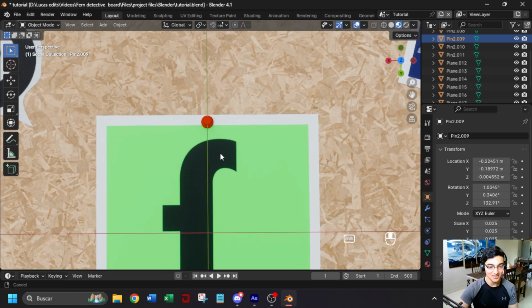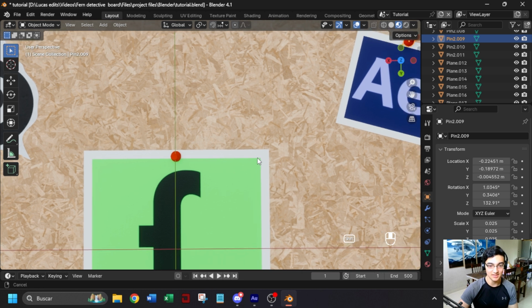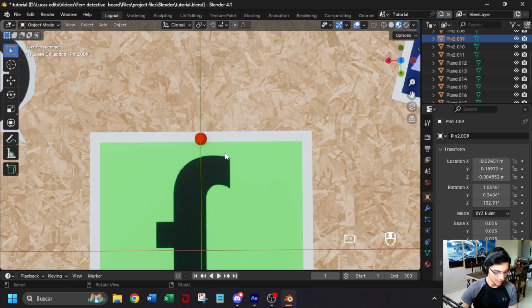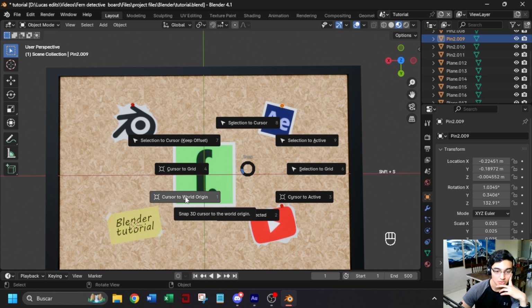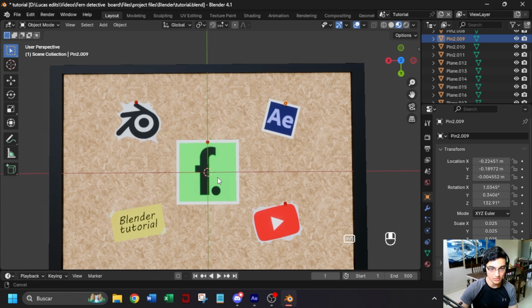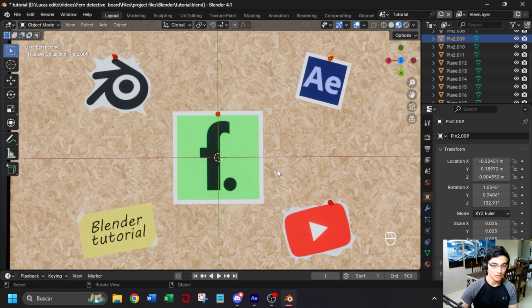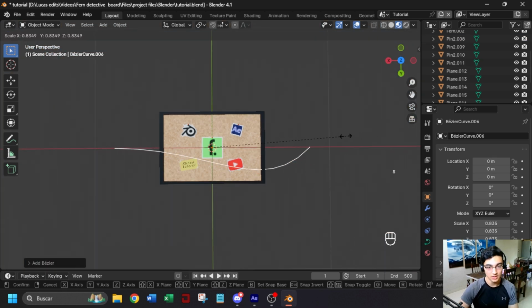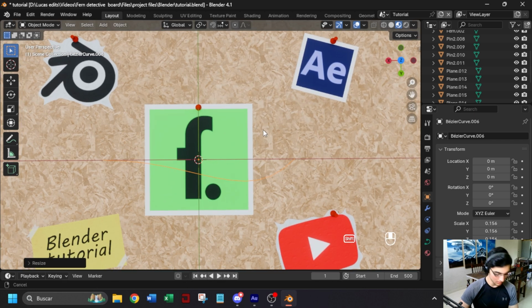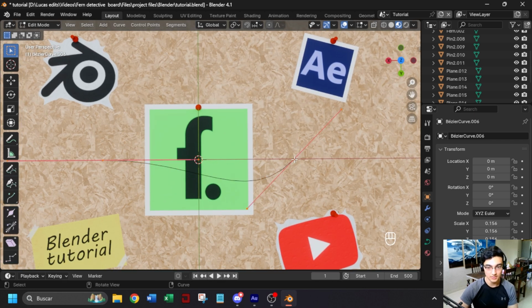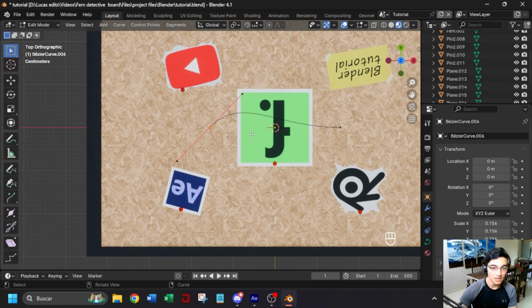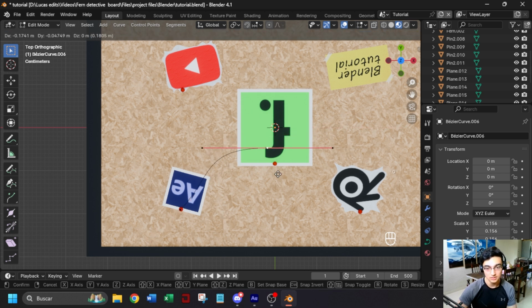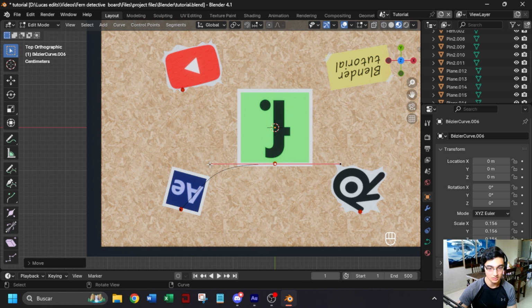and we can move on to I think it's called cordons. I don't know if that's true, but yeah, these red lines here. Shift S and cursor to origin, so our 3D cursor is going to be in the center. And now Shift A and curve and Bezier curve, and you want to scale this down a lot, and yeah, go to edit mode, pressing tab, select here and press 7 on your numpad so it's easier, and go here G and move this roughly right here, and this, and move this also right here,